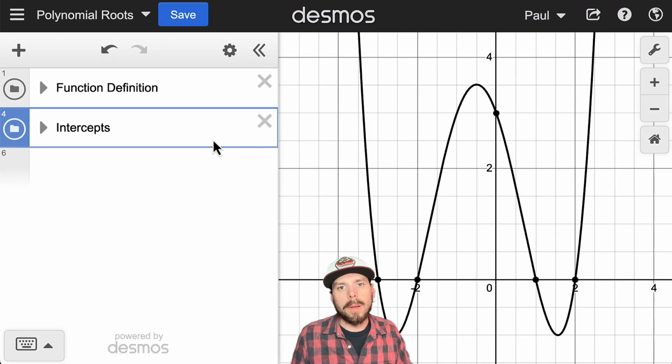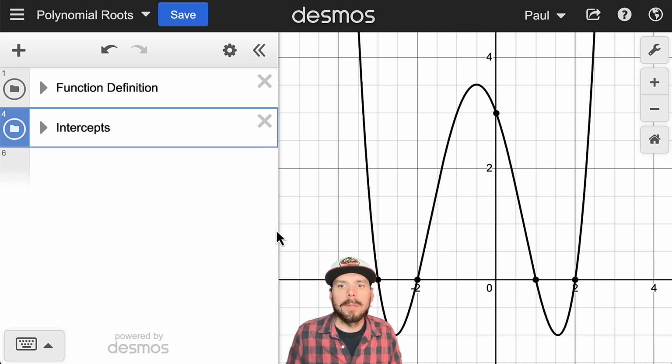Welcome to this tutorial on using Desmos for polynomial functions to look for extrema, shade regions where it's increasing and decreasing, and even add a line where we can calculate rate of change with some movable points. I'll also talk about ways that we can enhance the graph along the way, making things more dynamic and more